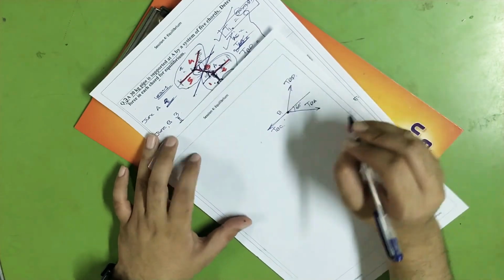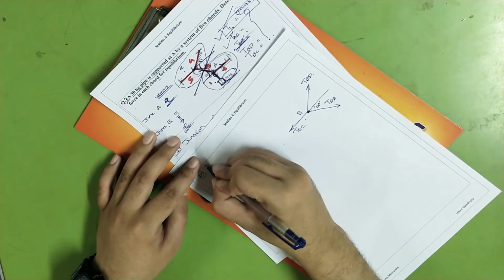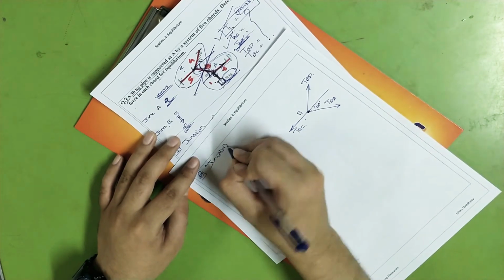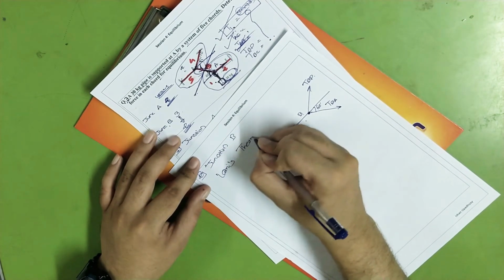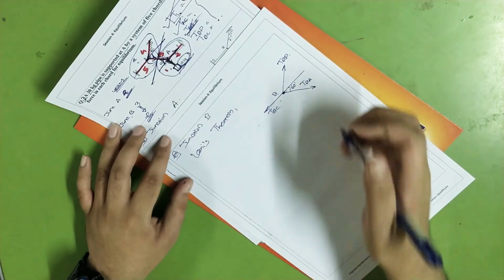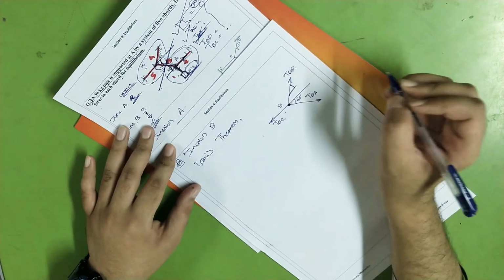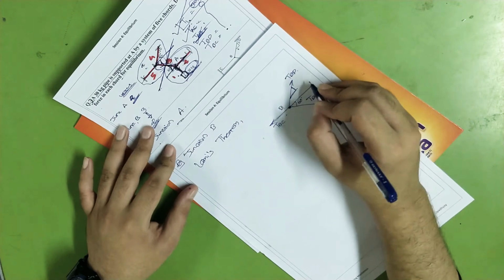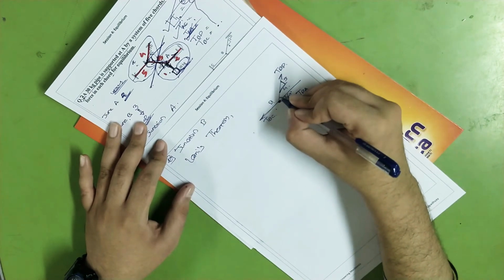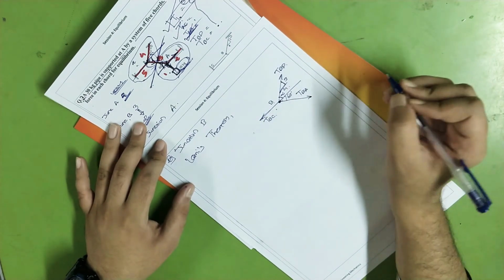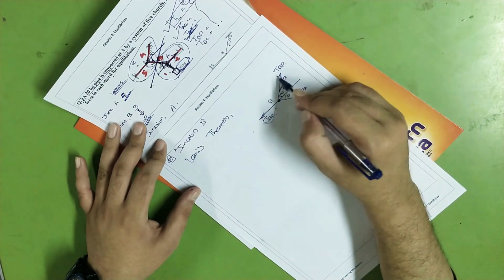So again I'm going for step number 2, where I'll apply Lami's theorem at junction B. Here you will find that the slope of this tension is given, and it is given as 3 and 4. So for now let us assume that this angle is angle alpha, because to apply Lami's theorem I must know all the angles, then only I can go for TBC and TBD.